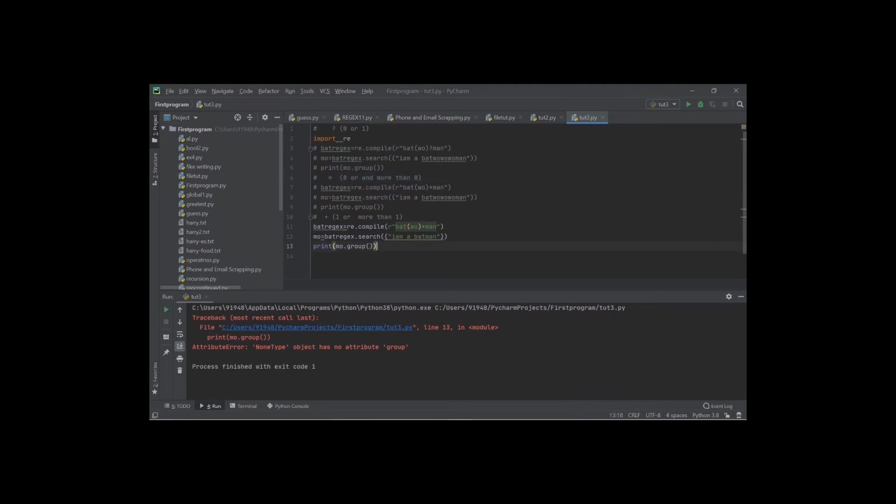Now if you want to detect a pattern for a specific number of times, like a minimum of 3 and a maximum of 5, then we make use of curly brackets. The first number inside the curly brackets is the minimum, and after that there's a comma, and the second number is the maximum. The minimum and the maximum are both separated by a comma. Let me comment it out first.